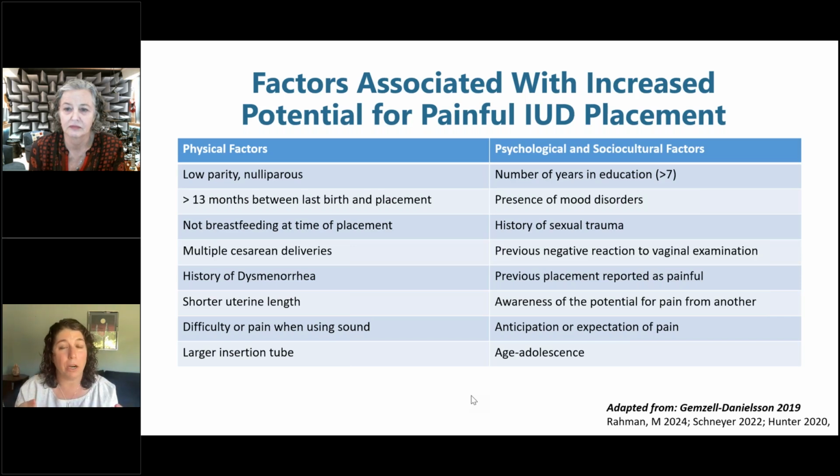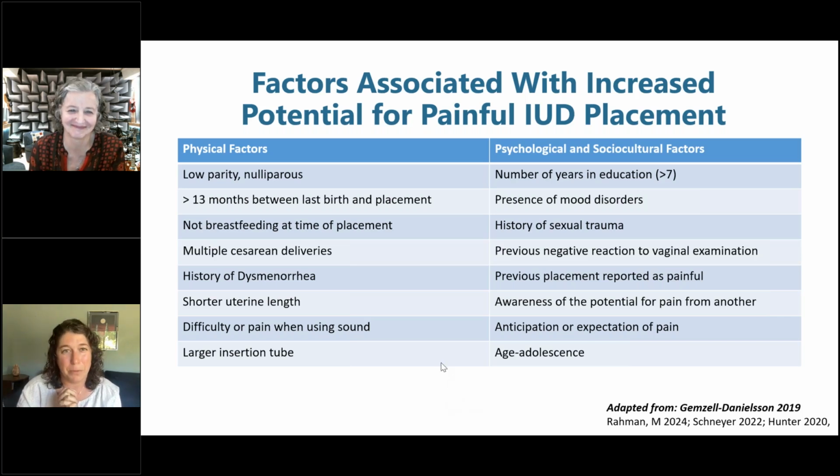But I wanted to read the last paragraph because I really do think it's going to ground the conversation that we're having today. So the last paragraph is, by and large, I don't hear my patients asking for pain-free IUD insertions. I hear them asking for their voices to be heard and believed. And it's not only doctors, and I'd put in, nurse practitioners, midwives, all of us who are doing these procedures who need to listen, but also insurers, administrators, and policymakers controlling the flow of healthcare dollars in this country. How nice it would be if this were a problem that could be solved by a little bit of lidocaine,